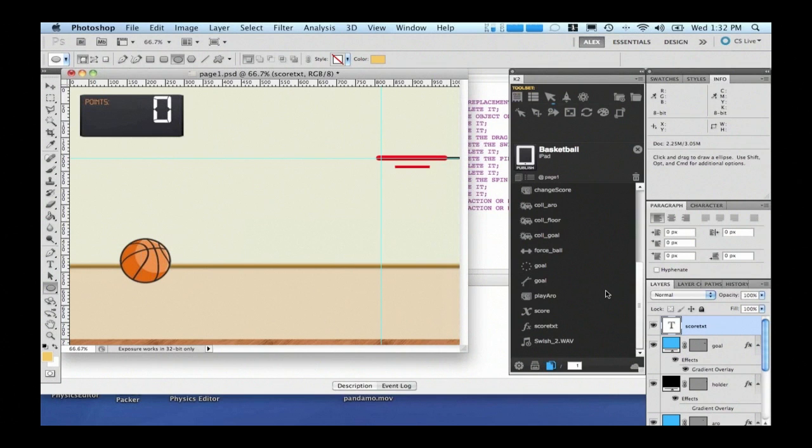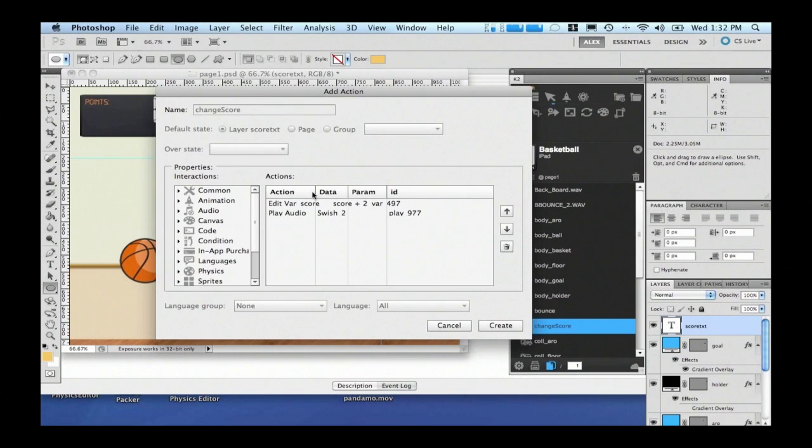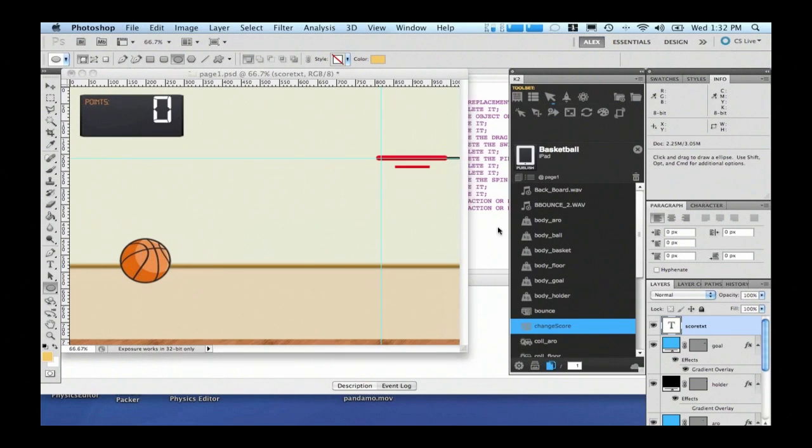And you are also able now to move. Let me open something. Let me see. Change score here. Okay. In this case, I'm adding an action. I am now able to move things from top to bottom or bottom to top. So I mean, it gives you much more control than in the past. And it applies not only to layers, but to the full page or even a specific group.